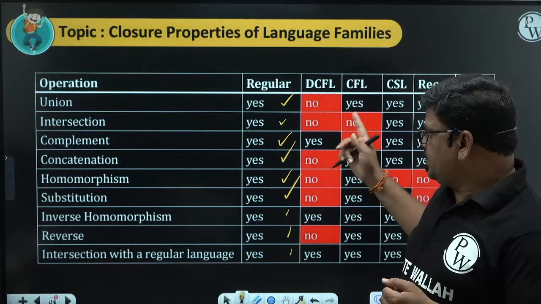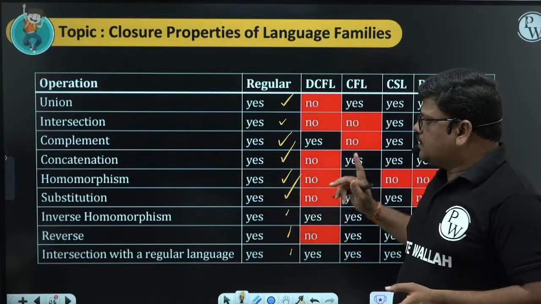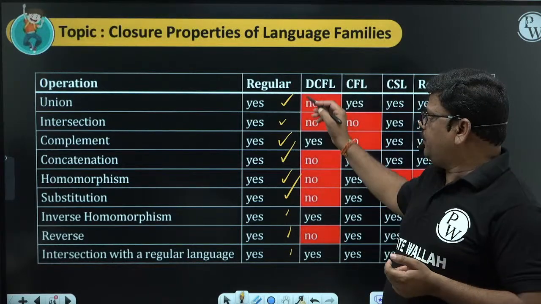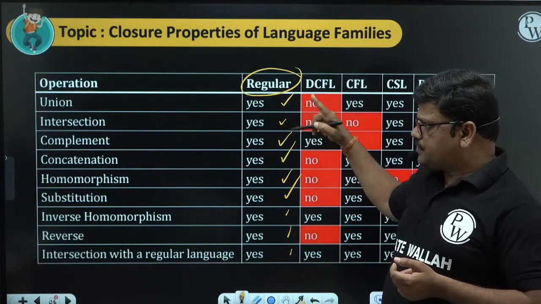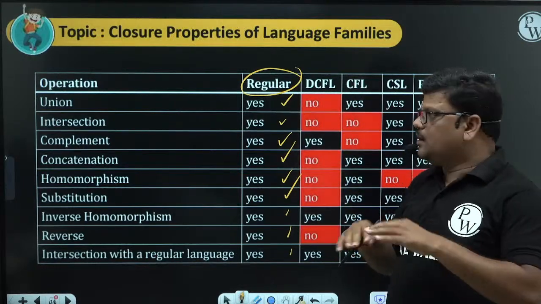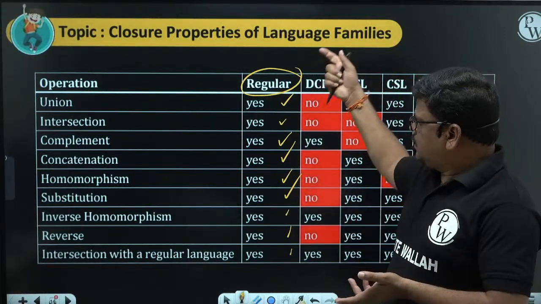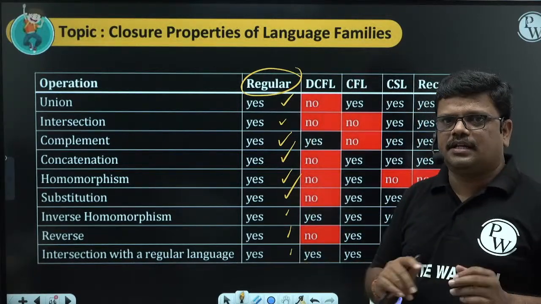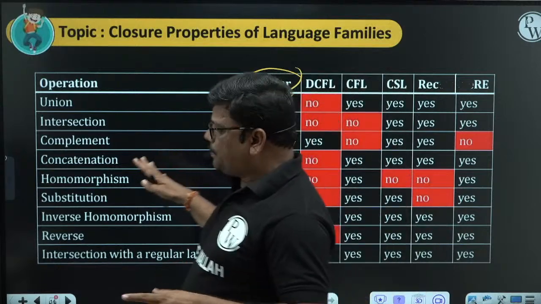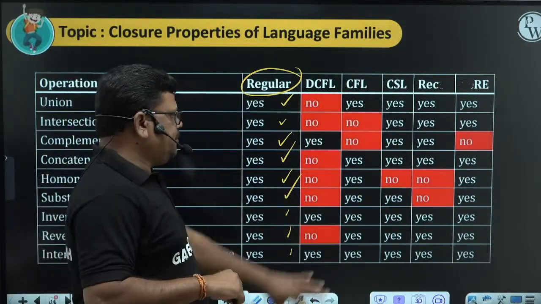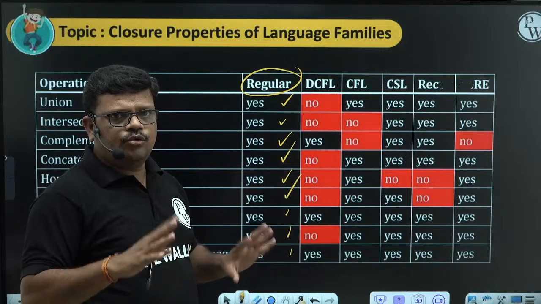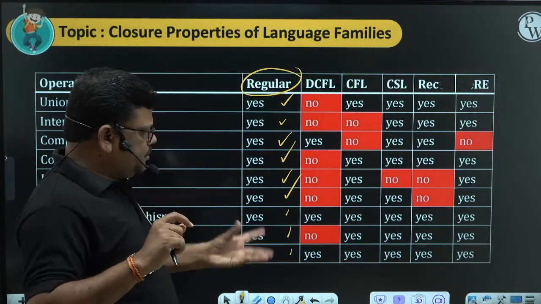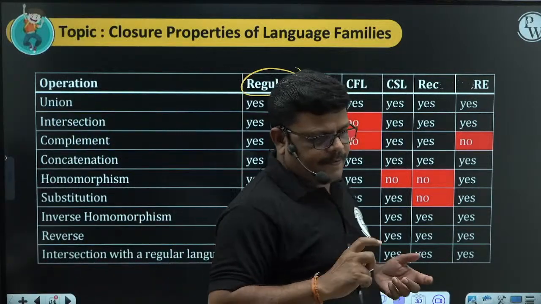Now let us see how this table will be used. The proofs, how it is closed, where it is not closed, and what the reason is, we'll study whenever we are studying the particular topic. Then at the end of the class, you prepare a chart like this. My aim here is not preparing this chart; how to make this table is part of the overall theory of computation class. My aim is how to utilize this chart to solve GATE exam questions.